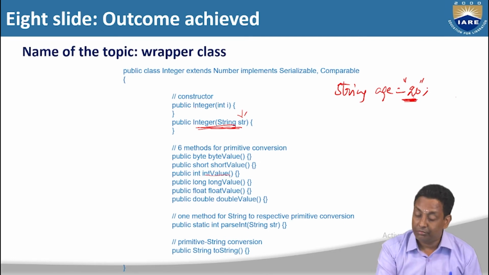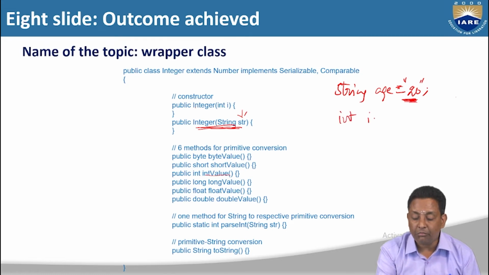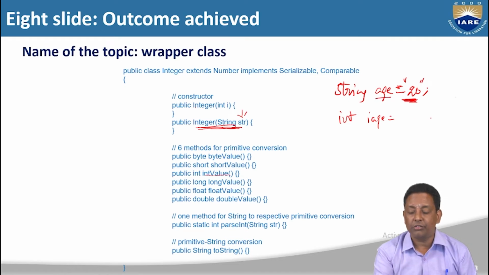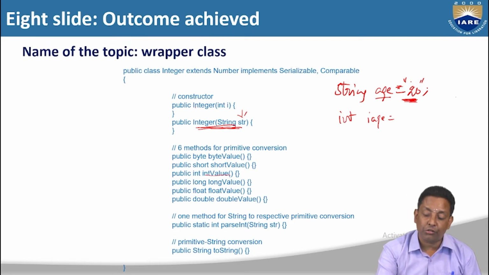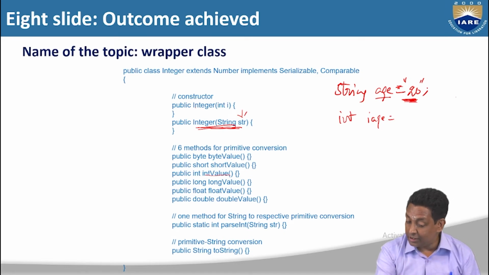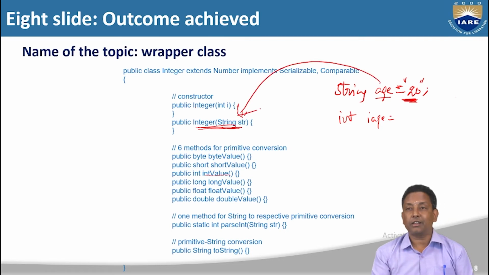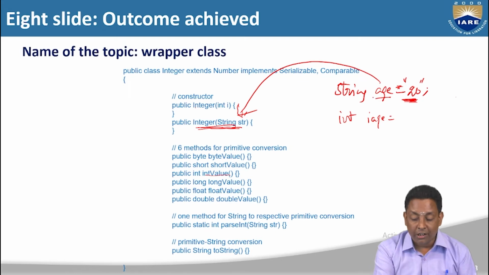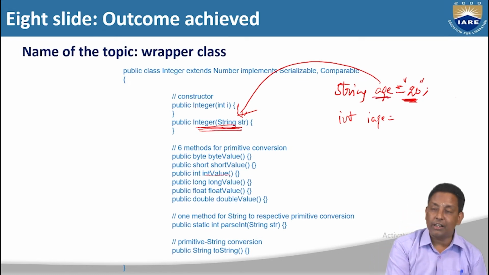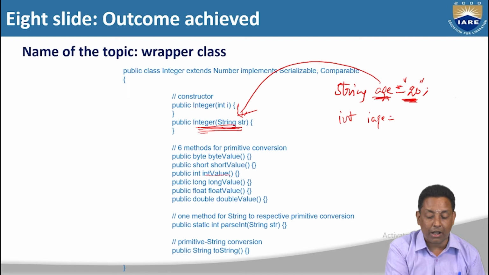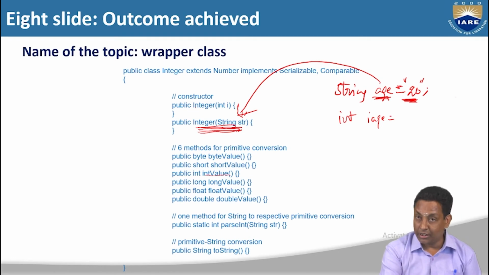So we want to convert such an integer value, coming as a string, it is input as a string. This value we want to convert into an actual int. So we want to convert this string value into an integer value. How to convert? The integer value is there in the string. So first of all, we need to store this string variable into the Integer class constructor. So that string is wrapped into Integer.